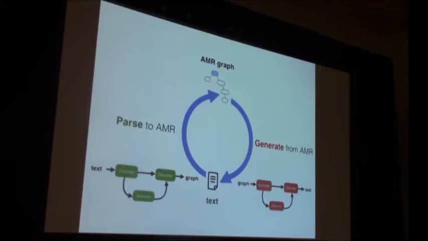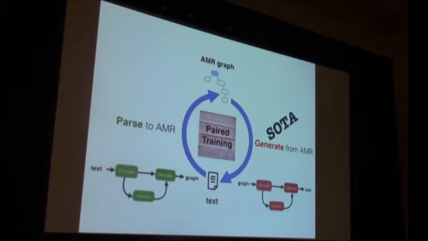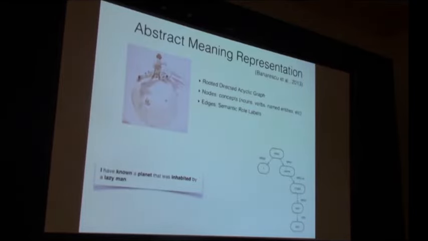Now, sequence-to-sequence models, just like any other machine learning approach, usually need a large amount of data in order to thrive, to work sufficiently and be competitive with existing models. However, the existing AMR corpora are on the small side. So we address the low resource problem by introducing the pair training algorithm, which is basically a generic framework for performing data augmentation by scaling small domains using unlabeled corpora, and achieve state-of-the-art performance on the task of generating from AMR. Right, but first let me do a quick overview of what AMR is.